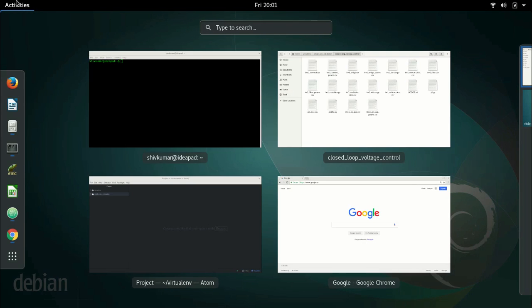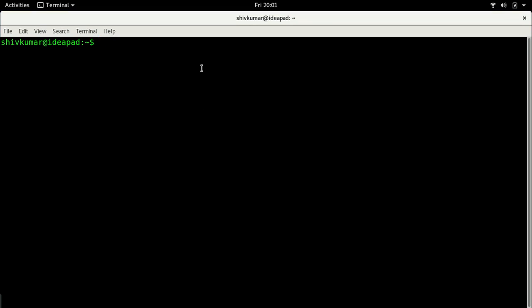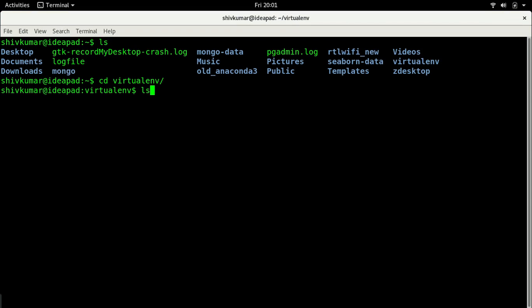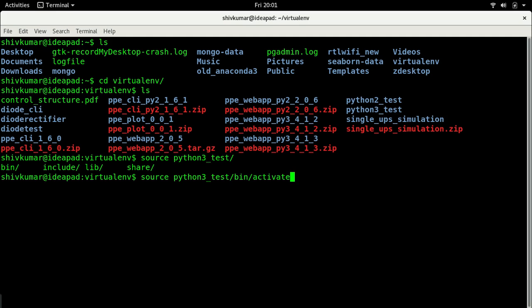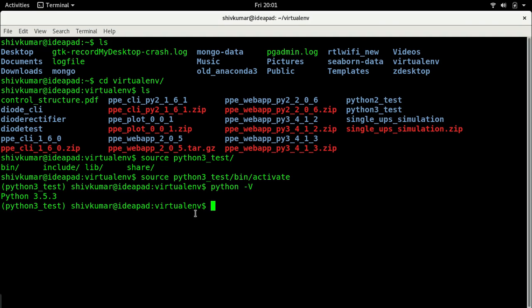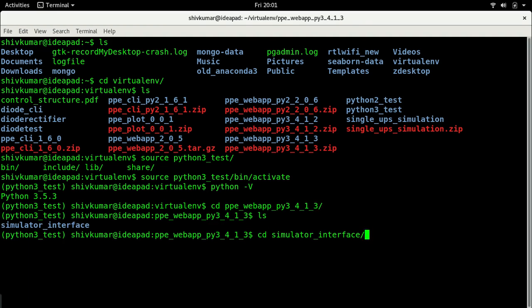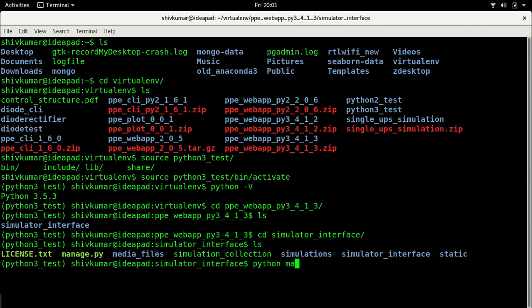So in closed loop control, rather than me talking, first I'm going to just launch the circuit simulator, and as usual go into the virtual environment. As always, first thing you must do, always activate your test environment. So you see Python test, and the version is 3.5.3. So now that we are here, let's go into the project simulator folder, and I will say Python -5. That's all. So I just have to launch the circuit simulator,